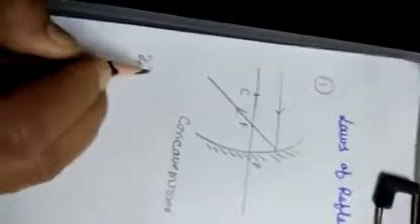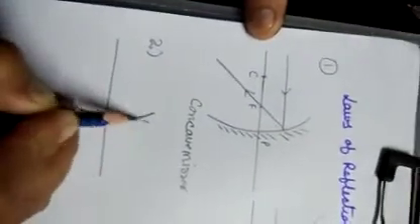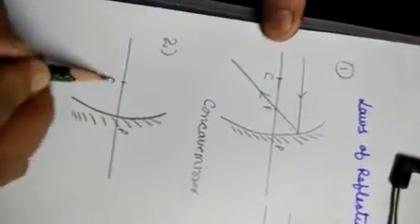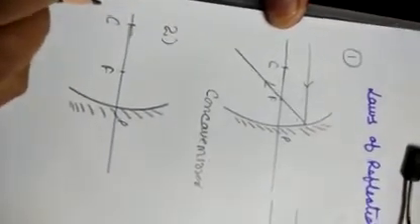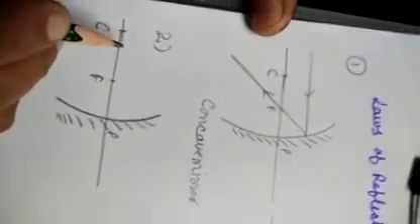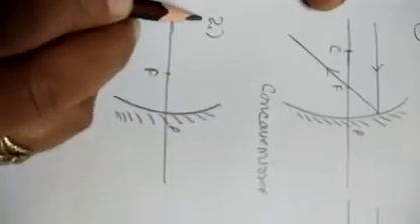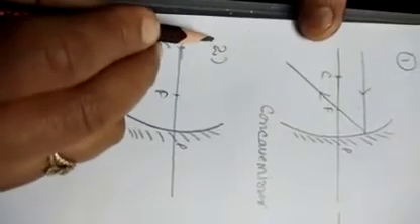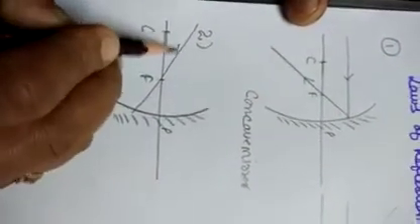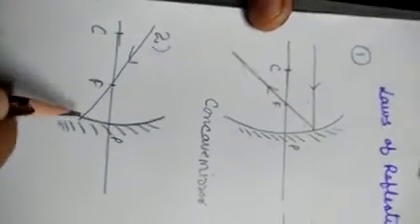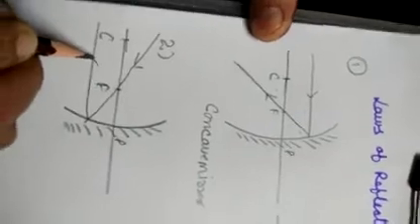The second one is when a ray of light passes through the focus. This is the pole, this is the focus point, this is the center of curvature. The second is a ray of light passing through the focus of a spherical mirror. If any incident ray passes through the focus of the spherical mirror, then after reflection, it will become parallel to the principal axis. And in case of a convex mirror,